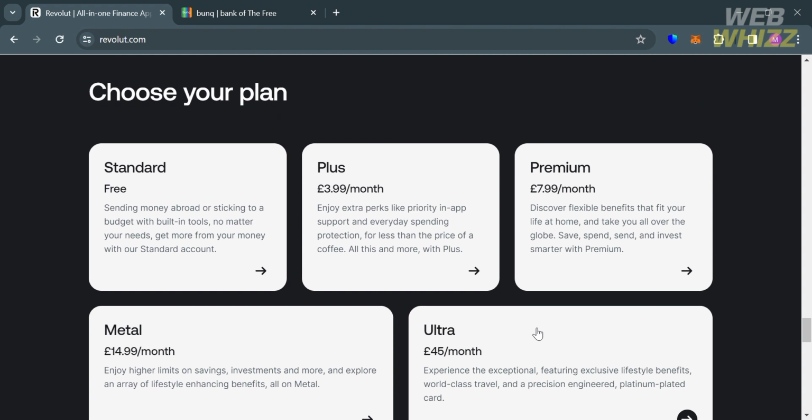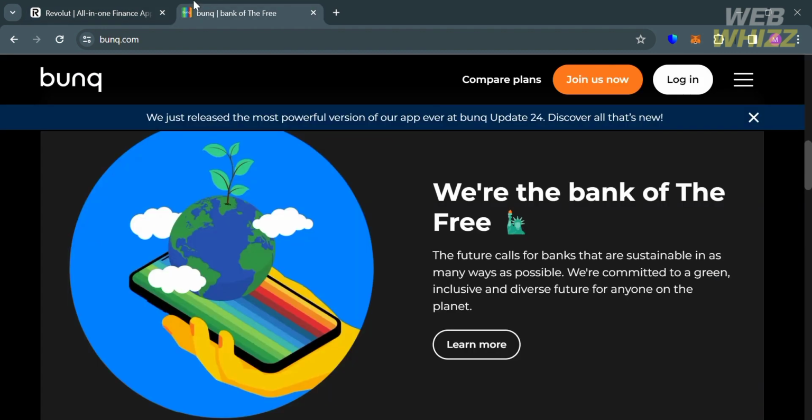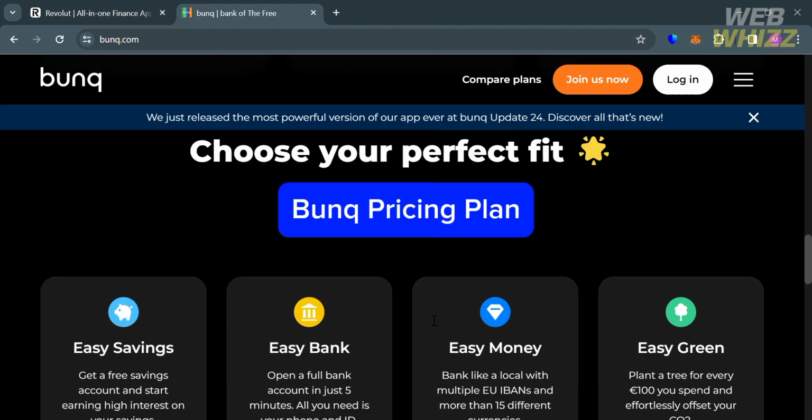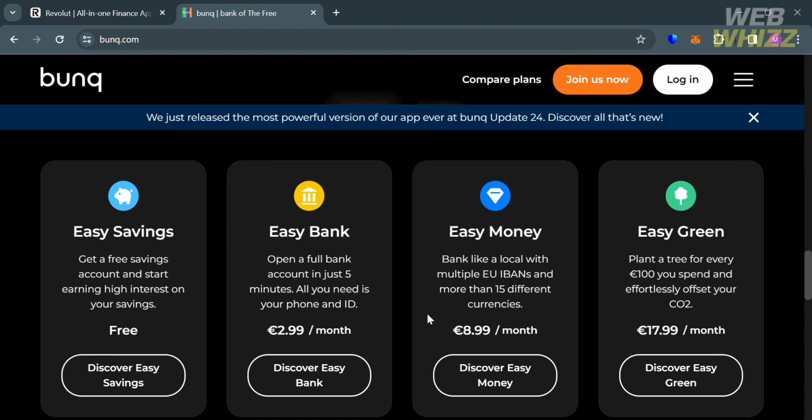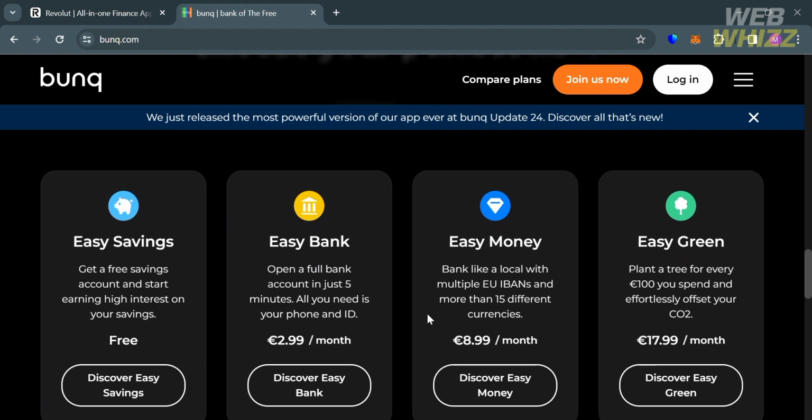events. While for the extra plan, which is the Ultra, amounting to £45 per month, it offers exclusive lifestyle benefits, world-class travel, and a precision-engineered platinum-plated card. On the other hand, Bunq also offers 4 plans including Easy Savings, Easy Bunq, Easy Money, and Easy Green plan,